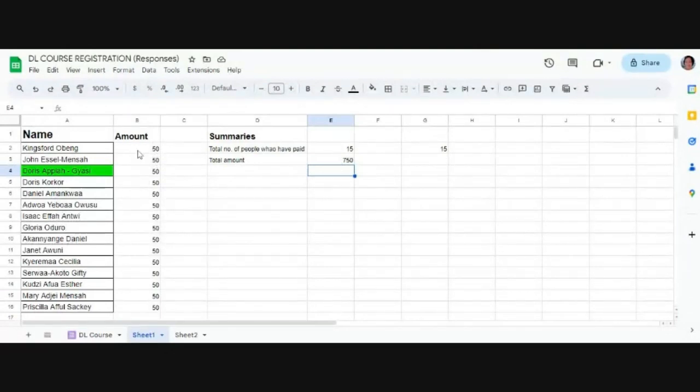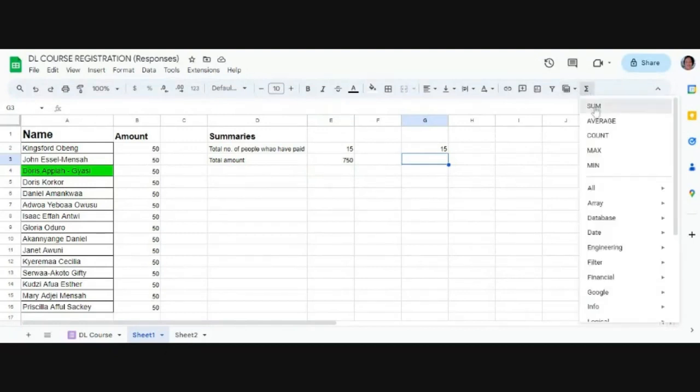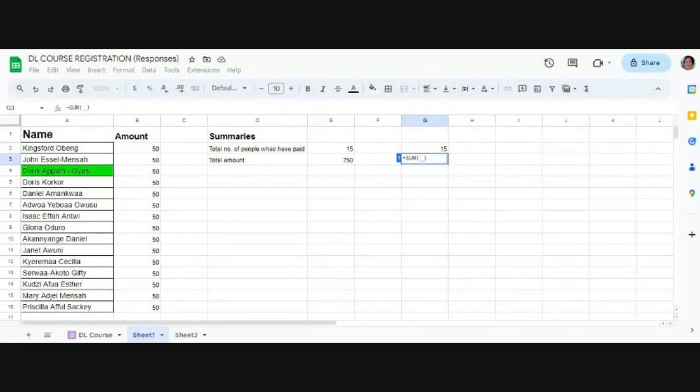Now, if you also want to sum up everything that is in column B, we come here and say SUM again. Then, like I did the first time in the counting, you say B2. We want to start the addition from B2. Column B is where the amounts are recorded. Row 1 is the title, which we have written as Amount. So we will start from row 2. Column B, row 2. Good. So we start from here.